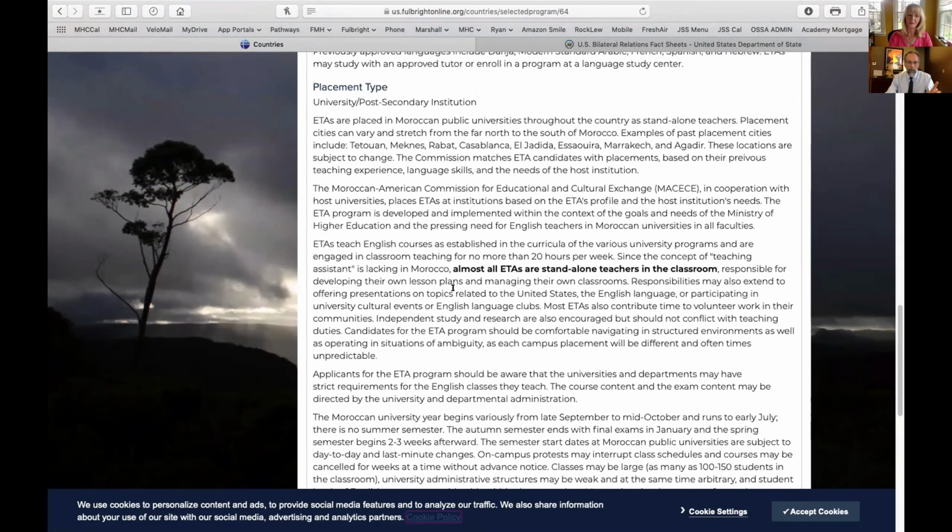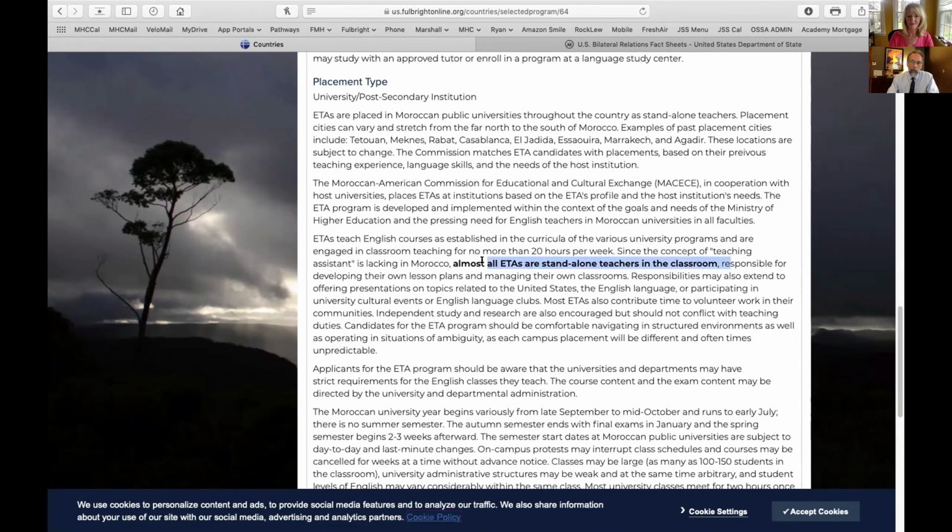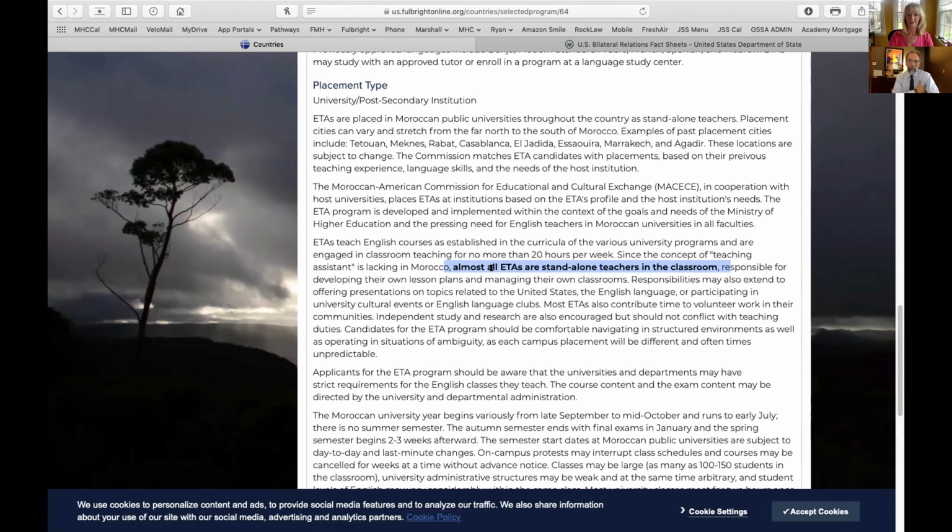Down here, in the placement type, you've already maybe seen in a number of different places the writing under placement type in the job description. Some are long, some are short, some are whatever. Here in Morocco, they're actually calling your attention out to it. Here, almost all ETAs are standalone teachers in the classroom.